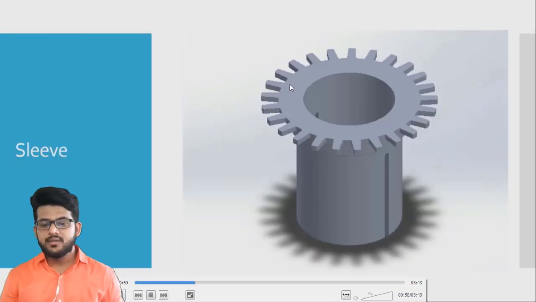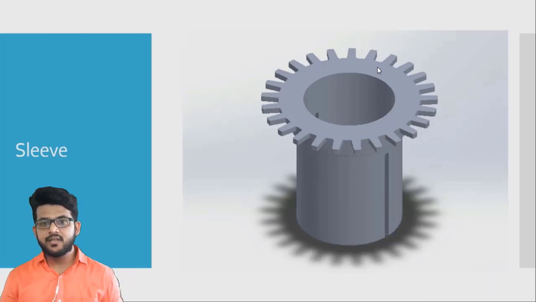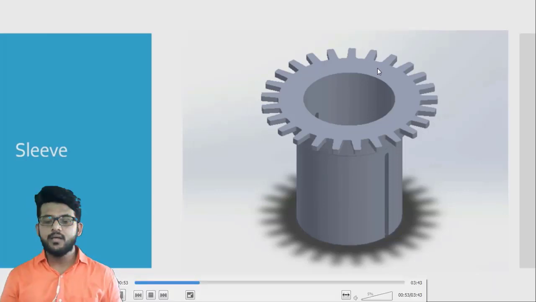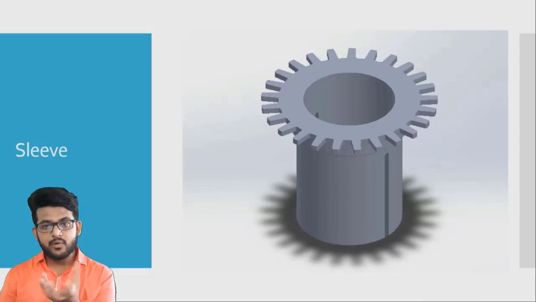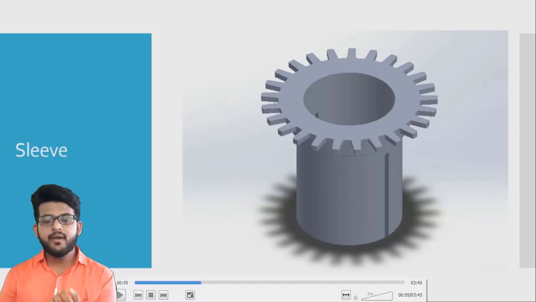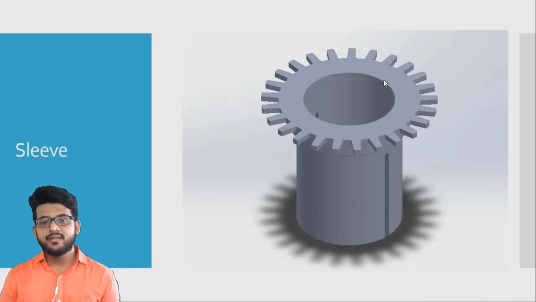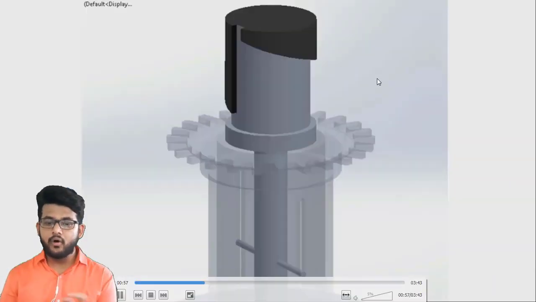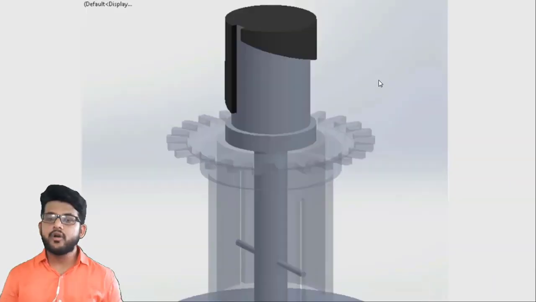Let me show you. There is also one sleeve which is connected with the piston. So the piston will actually rotate also. The piston is moving up and down, and it is now rotating also. Fine. So this rotation of the piston will be done by this sleeve, and this sleeve will be operated with the rack, and that rack is operated according to the condition of the engine, according to the speed of the engine.